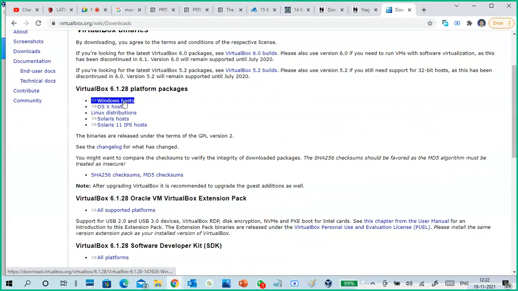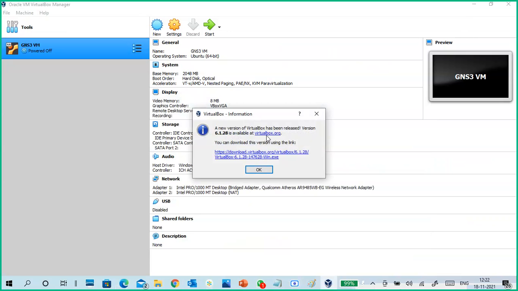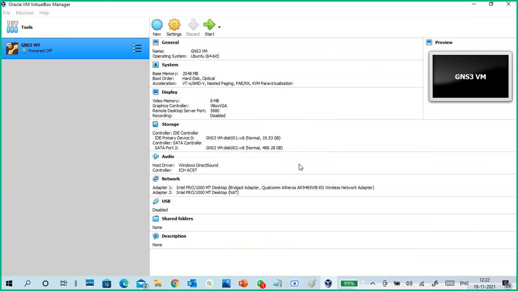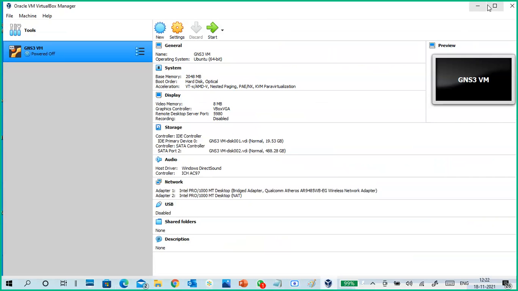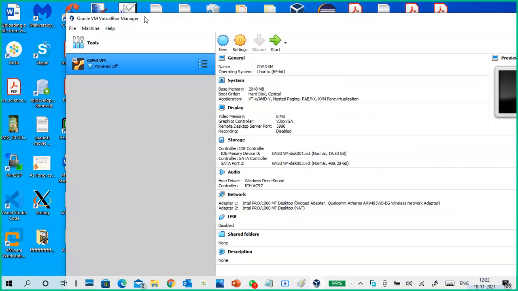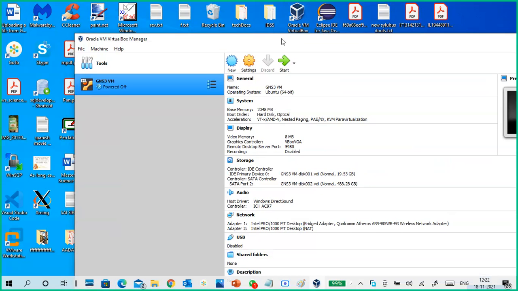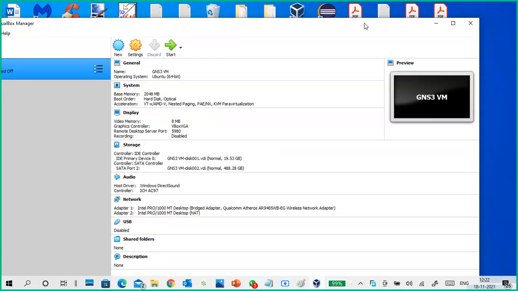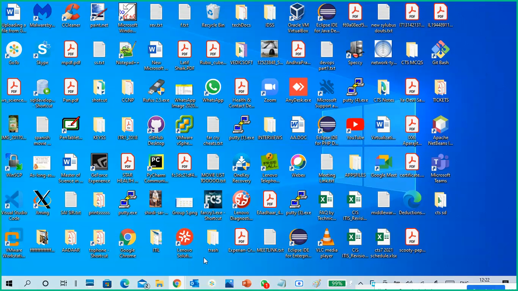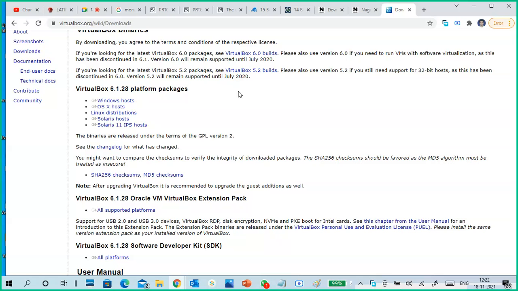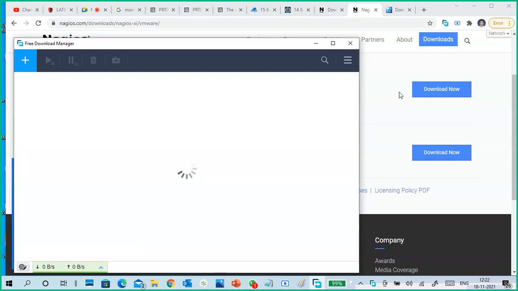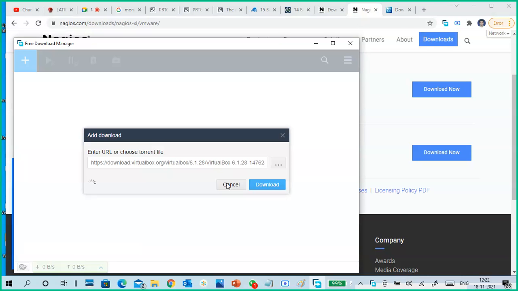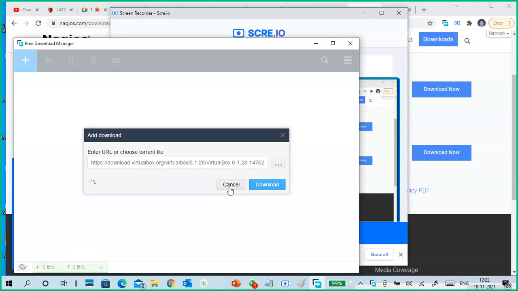So just click on Windows host, download this application and install it. Once you have installed the application, you can open VirtualBox like this. Click OK. This is the VirtualBox application. So from here I opened this one. And of course, whenever you download this OVA file, it is downloading. So no, I don't want to download now.